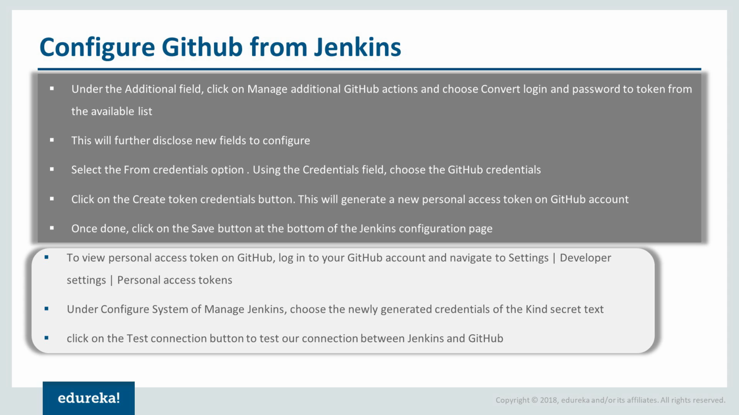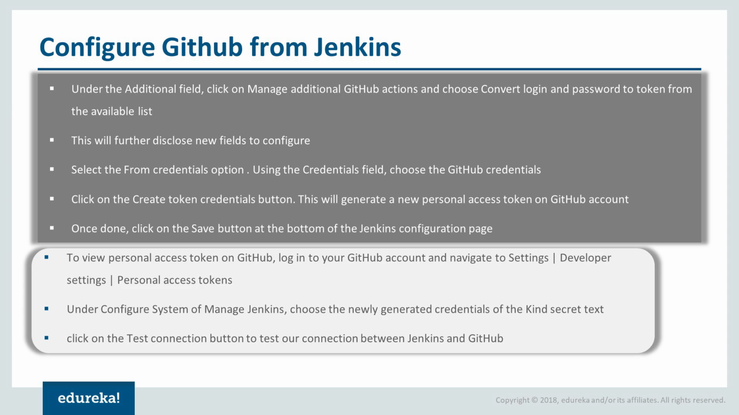And in order to view the personal access token, you just need to go to your GitHub account and navigate to settings, developer settings, and personal access tokens. This is the place where you have all the access tokens saved for your GitHub account. And under configure system of manage Jenkins, you need to choose the newly generated credentials of the kind secret text. And once that is done, you just need to click on the test connection button to test the connection